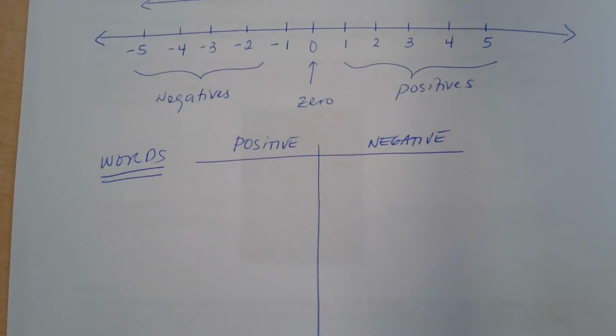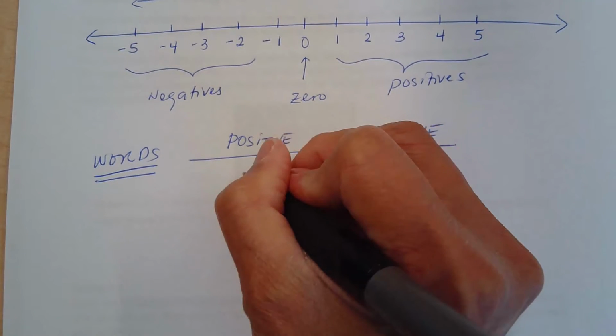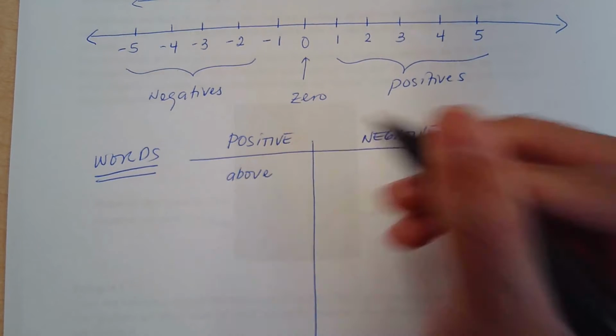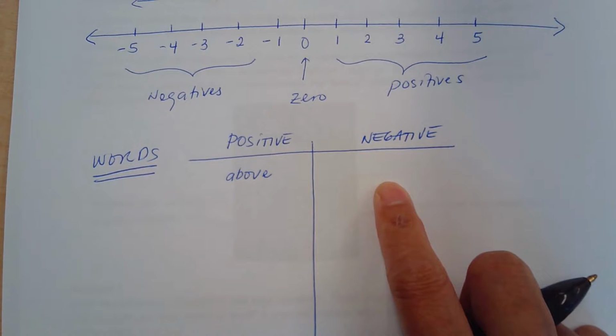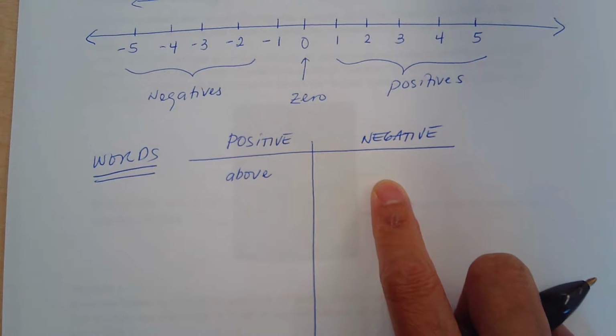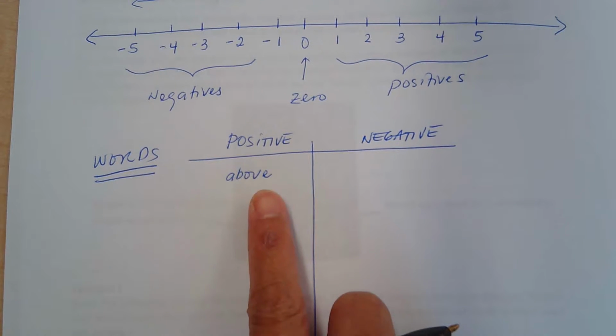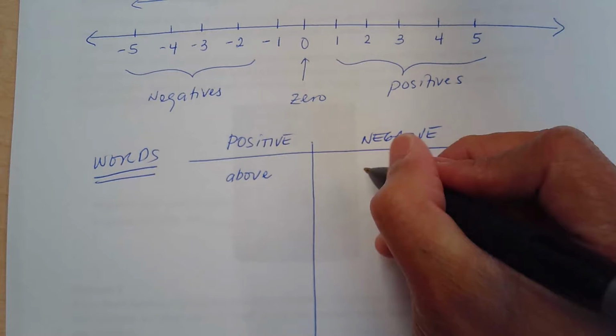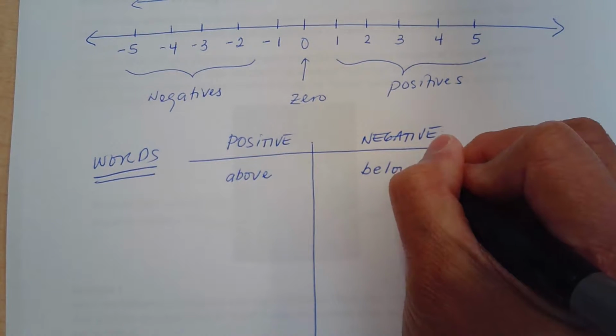A positive would be above. A negative would be, what word would denote a negative? Below. So positive, when we say above something, then it's a positive value. And when we see the word below,